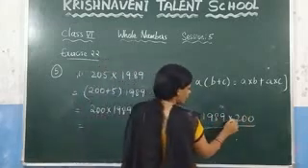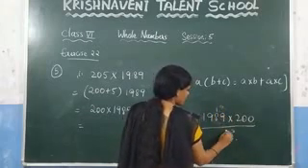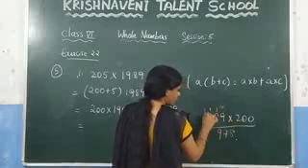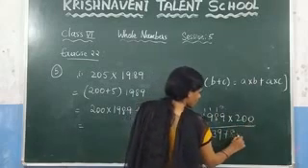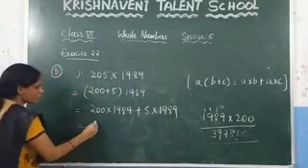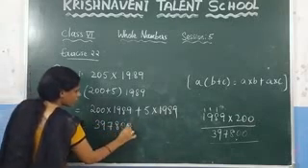So here 9 2s are 18, 8 plus 1, 8. 2 8s are 16 plus 1 is 17, and again 9 2s are 18 plus 1 which is 19, 2 1s are 2 plus 1 which is 3. So how many zeros are left out here? 2 zeros. At last write 2 zeros. So what is the value of this? 3 9 7 8 0 0.